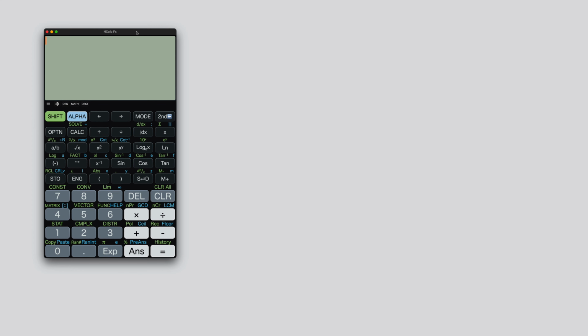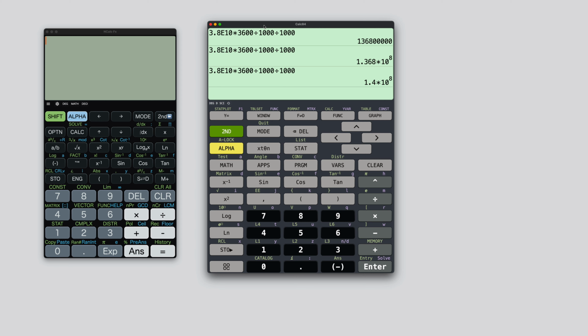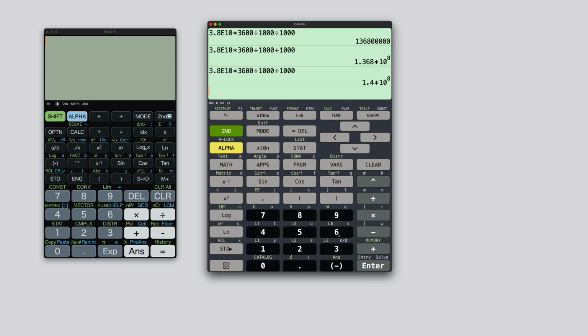There is another one right here that matches up to the Casio, and it's called NCalc, and that's this one right here. So I've got the NCalc and I've got the Calc84s, and they're both free